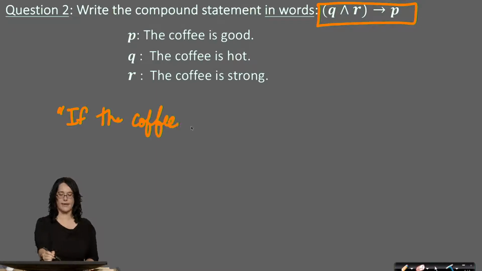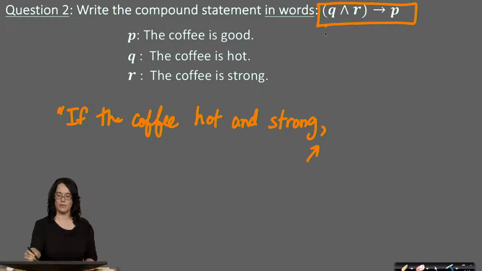Okay, so you would say if the coffee is hot and strong, you don't need to say and the coffee is strong unless you really want to write extra. And then notice what I'm going to put here. I'm going to put a comma after that because that comma is telling me that those two things were grouped together, okay? The Q and the R were one thought. They're my antecedent, if you will. So if the coffee is, I need to put my verb here. If the coffee is hot and strong,